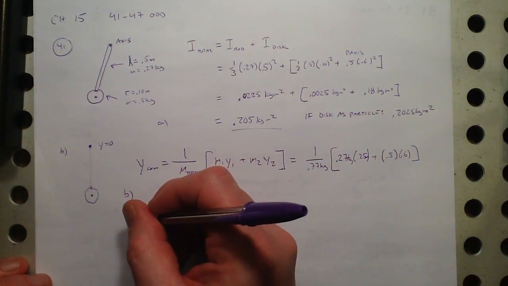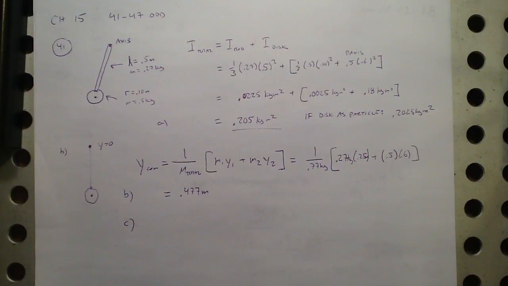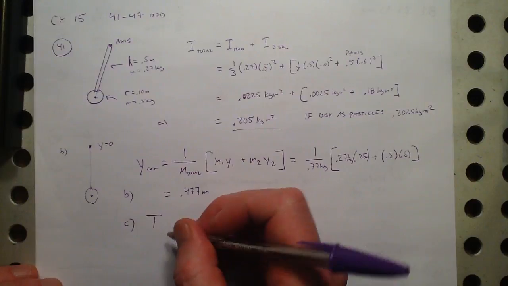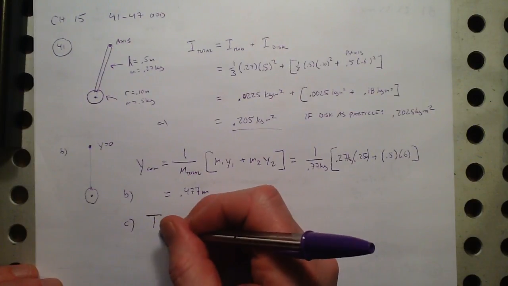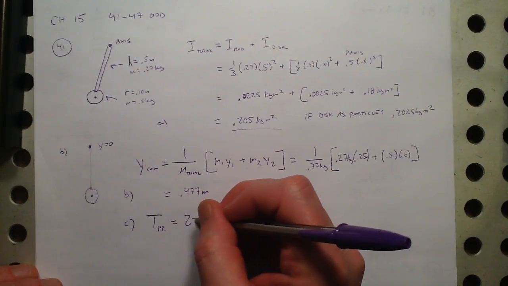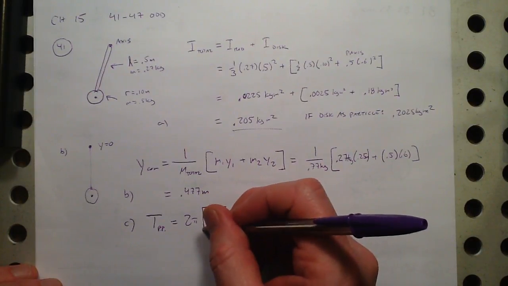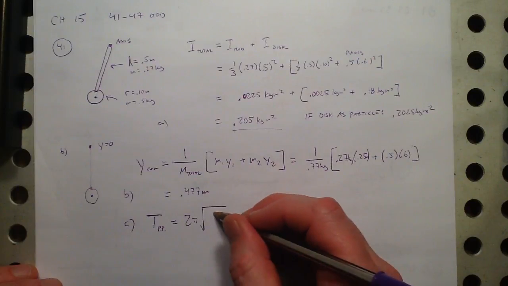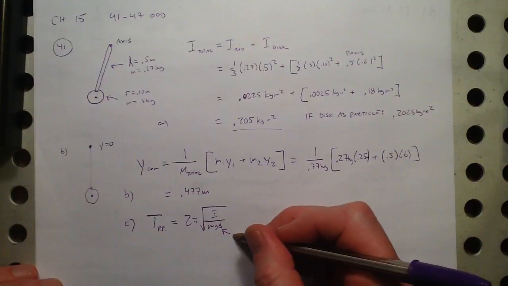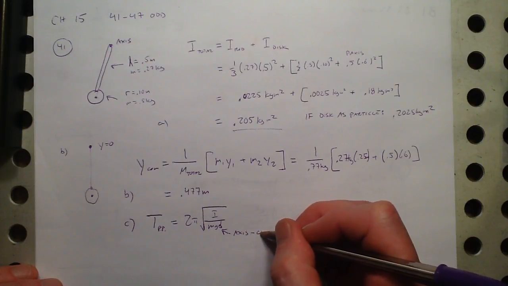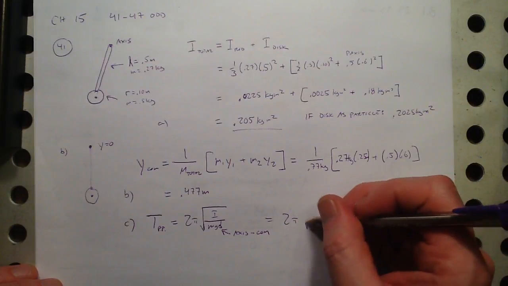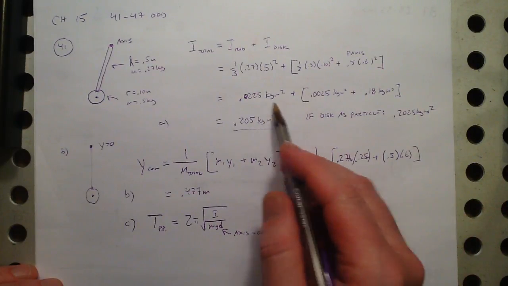And now I'm ready to do part C, where I calculate the period of oscillation. So we've derived this now. I'm not going to go through that. The period of a physical pendulum is equal to 2 pi times the square root of I over mgd, where d is the axis to center of mass distance. So that's 2 pi times the square root of I